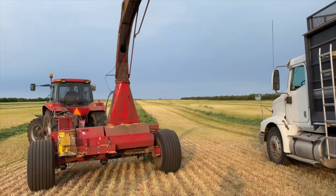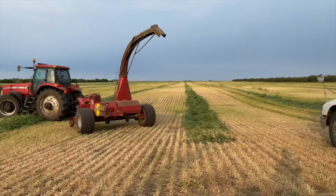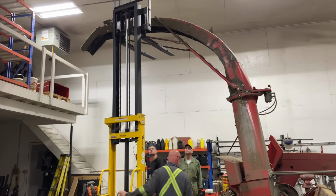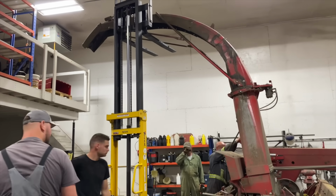So my dad and our mechanic Brent were probably, I think I heard that they were busy till like 1 a.m. and it was a 7 a.m. start. So Brent probably didn't get a whole lot of sleep last night, and same with my dad because they are there in the field before I am. So kudos to them for fixing that, because they were up and at it again this morning at around 7, or no, it was 8. We started an hour later than usual,